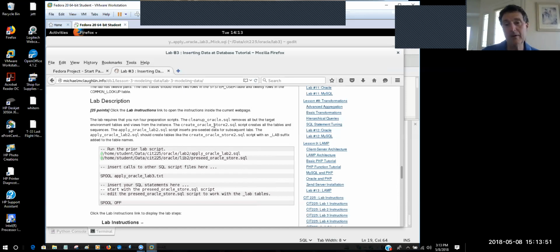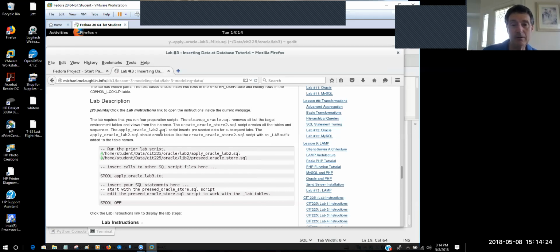We're going to bring those along. We're not going to do anything with those right now. They're going to sit there on the side. So we run the create Oracle store 2 that creates that set of tables. And then we run our apply Oracle Lab 2 your name script that creates the underscore lab set of tables,